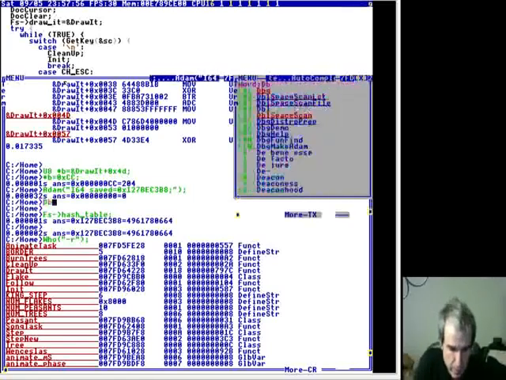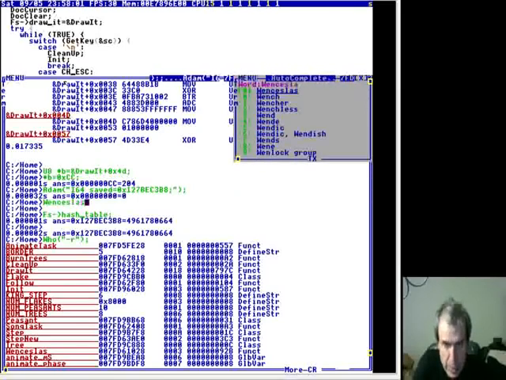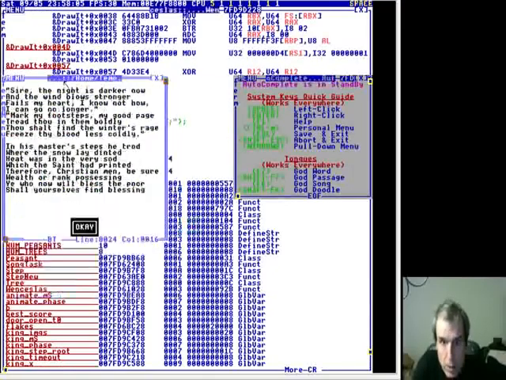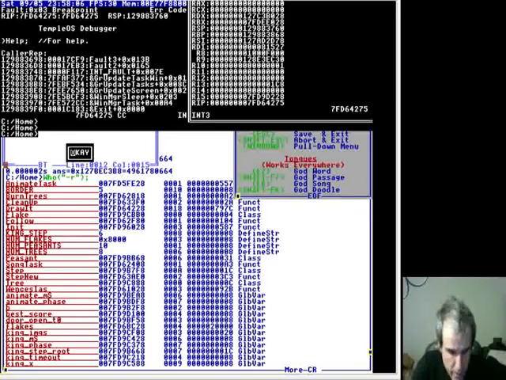Anyway, so we go debug. No. We say Wenceslas, and then it's going to hit that breakpoint. I was getting worried. Okay, now it says interrupt 3, and we don't have symbolic debugging. Now what we do is